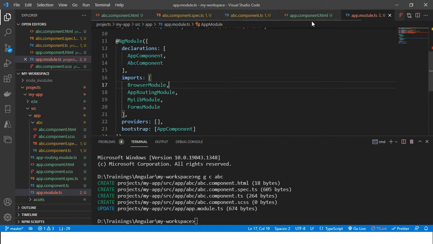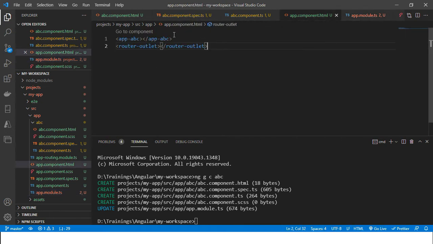Now we'll see by running the application. I have used the selector in app.component.html. Now I will run the application. When Angular runs the application, it checks the components.